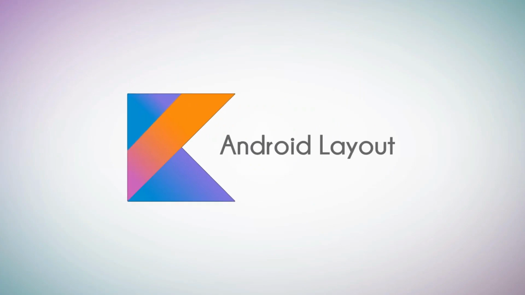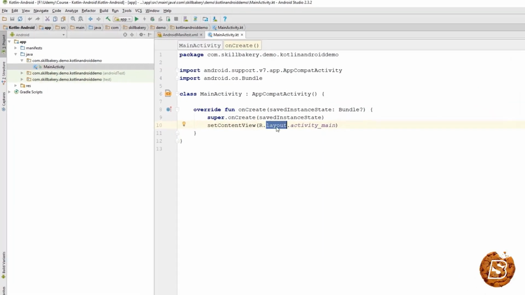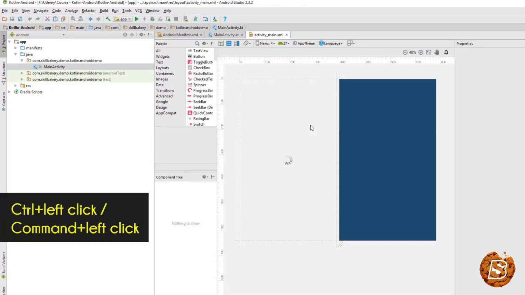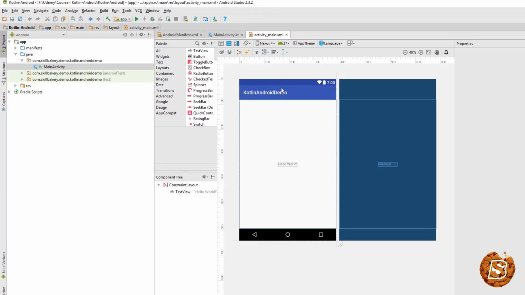In this lecture, we'll take a look at how we can access the layout files. So here in MainActivity, whatever layout you want to access, just click on that and press Control and left click. If you're on Mac, you can press Command and left click to open up the activity over here, layout activity. So here you can see there are two modes. First is the design mode that opens by default, then we have a text mode as well. So you can see the same thing either in design mode and use these tools to create your